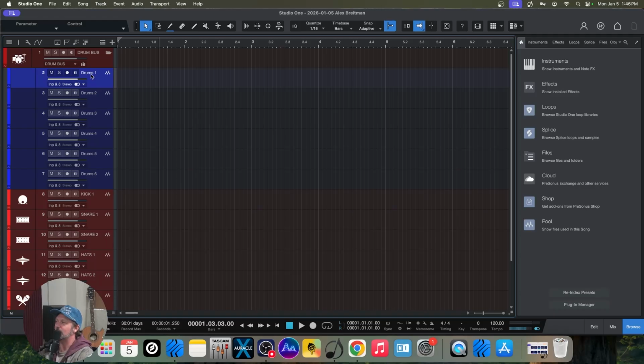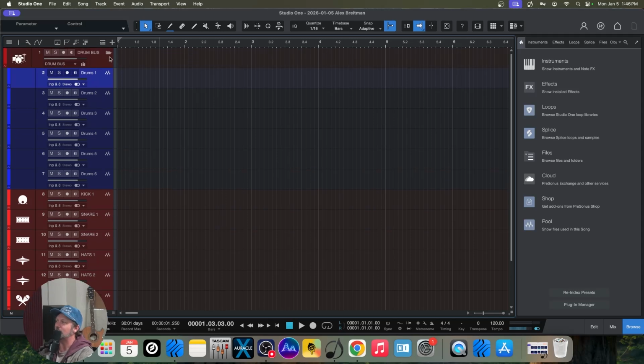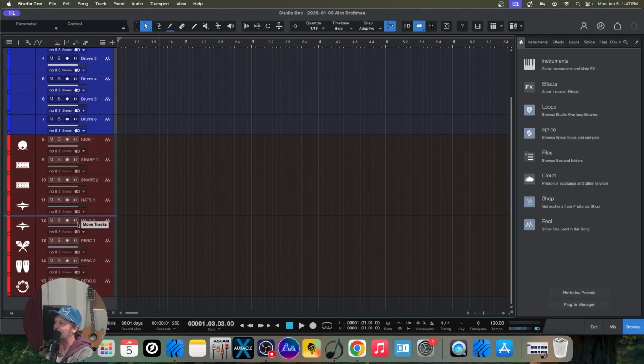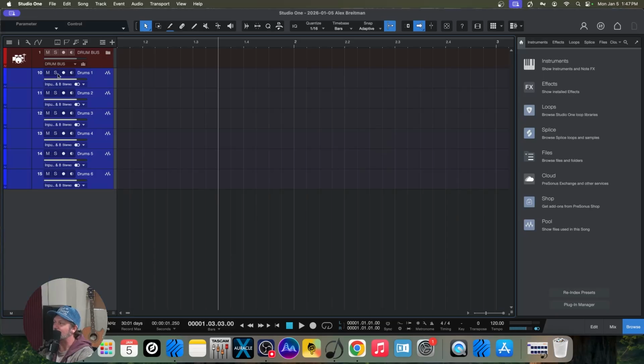And they're not gonna be drums, and I don't want them in this bus. So right now they are located inside of this bus. So watch this. All I have to do is take them and drag them out of the bus. And now they are out of the drum bus,